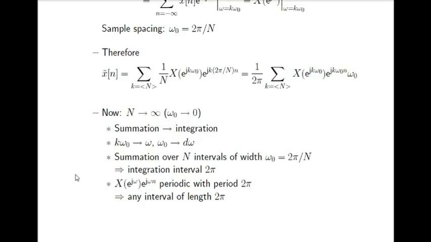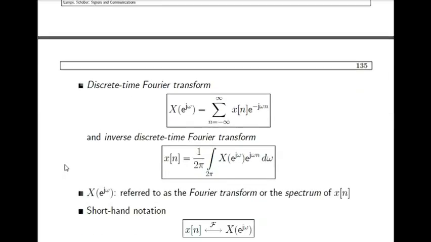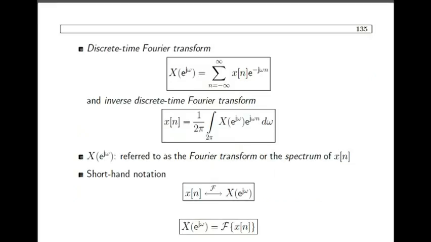Okay, for any interval of length 2 pi. So this was just a derivation for the discrete time Fourier transform formula. So here we can see the formula. X of e to the power j omega is the representation for the discrete time Fourier transform of any signal,